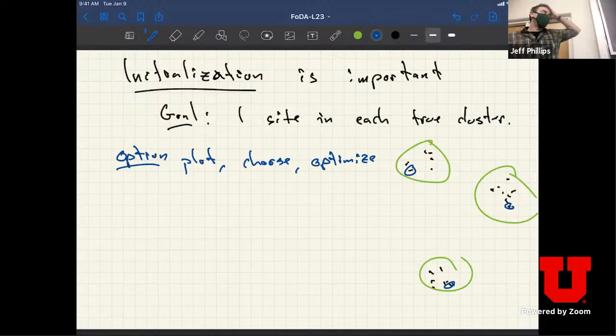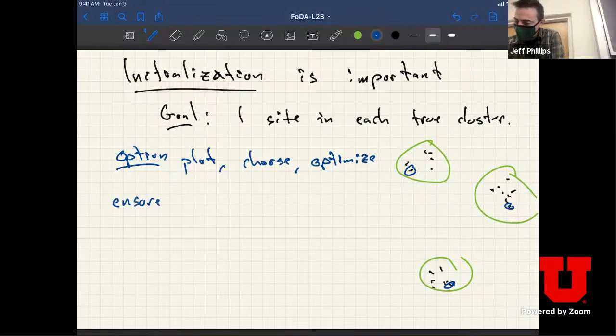I don't want to tell you not to do this. It's probably a good thing to do. If it works, great. If this doesn't work because I'm in too high of a dimension or something else, what else can I do? Yeah. Could you potentially look at the distance between points and make sure that it's past a certain point? Oh, okay. So ensure,